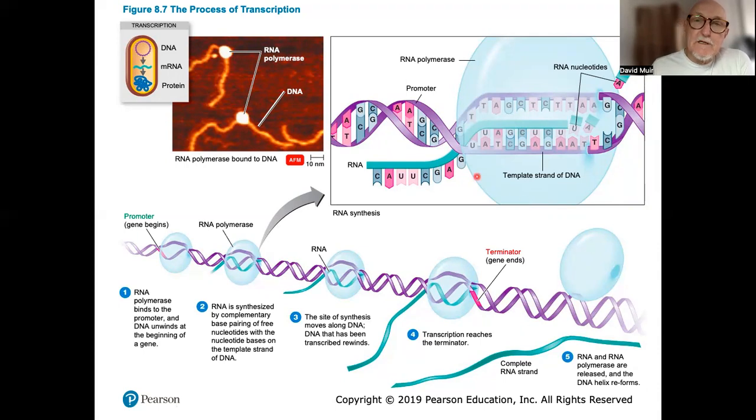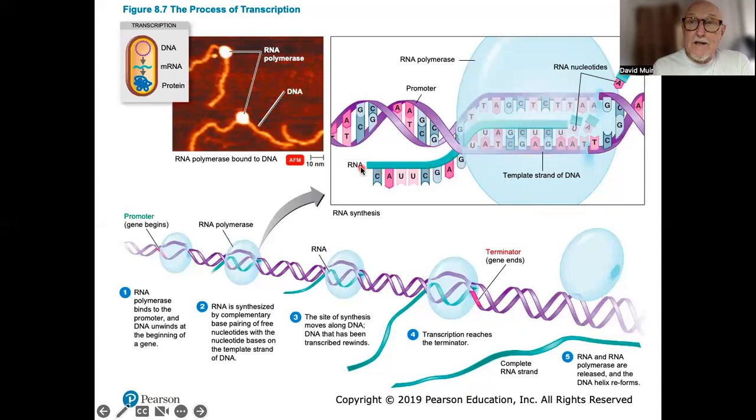So the first thing to realize is, here's what I meant by saying that the promoter lay upstream. Here's my template strand, and the template strand is going to be read 3' here to 5' there. Okay, it's going to be read 3' to 5'. And the reason for that is we can only build the RNA strand at the 3' end there. So